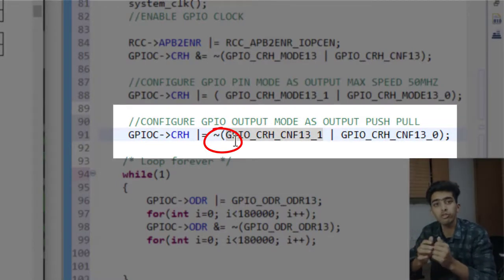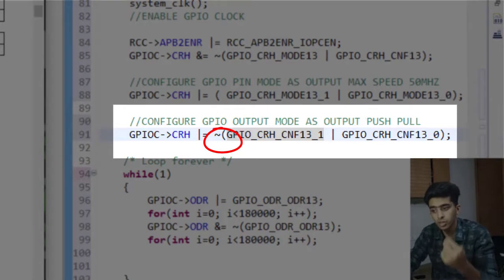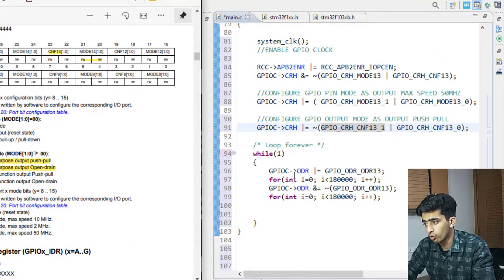All those bits which are set as 1 will be set as 0. So now as both are 1, this will make them 0, and that's what I want for my general purpose push-pull configuration, 0 0. So that's set for configuring it.